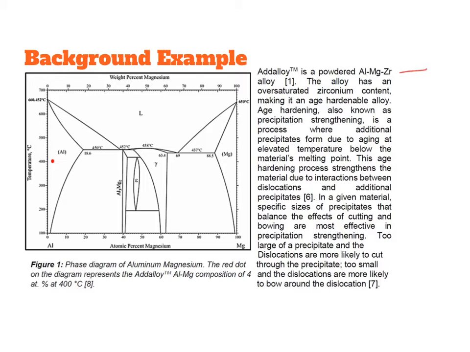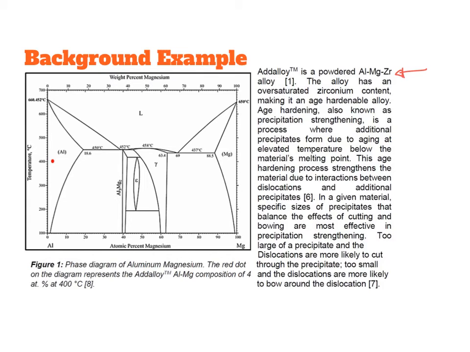So they first state what the product is made up of, in terms of what the alloy comprises, and then they go into some of the different content as well as how it is formed. Then they move into talking about the hardening and the strengthening, and then kind of what happens in that process. And so they're going through and giving you some of the different elements of the process and how it relates